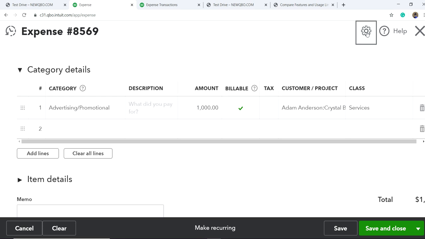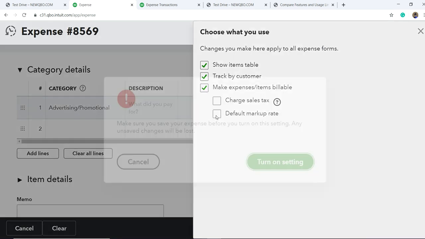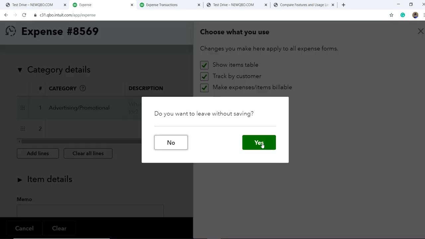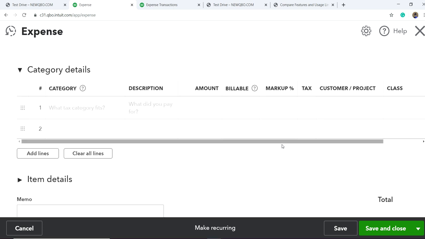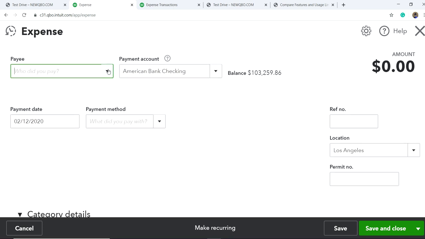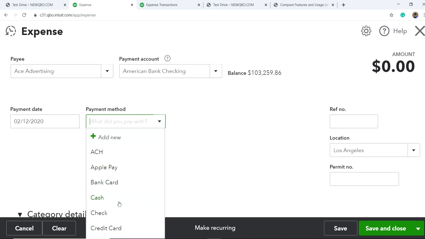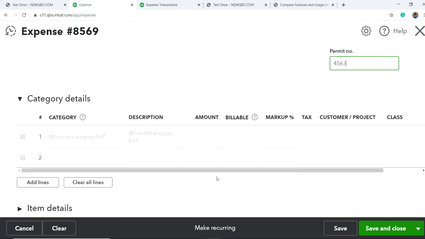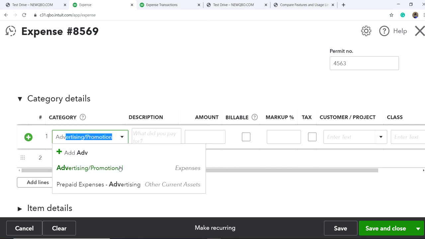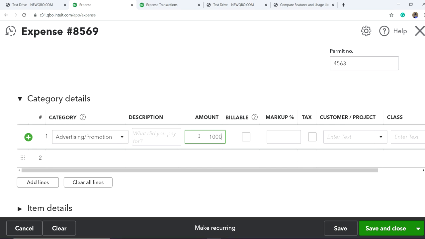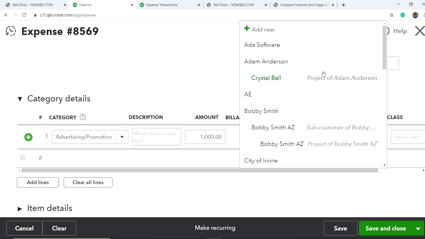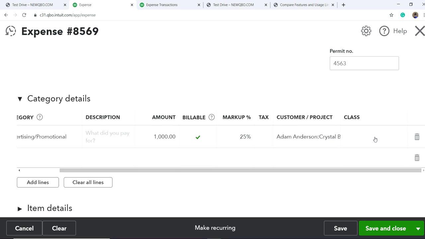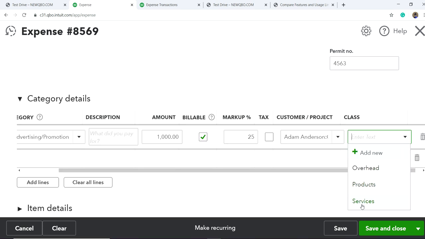Go back to the settings in here. See, default markup. Turn on settings. Yes. So now you have a markup in here, although you lost that information. So you go back to ACE advertising. Let's say paid by bank card. Advertising, and $1,000, and I want to make it billable, and let's say it's 25%, and select the customer, project, and the class, services. Okay,